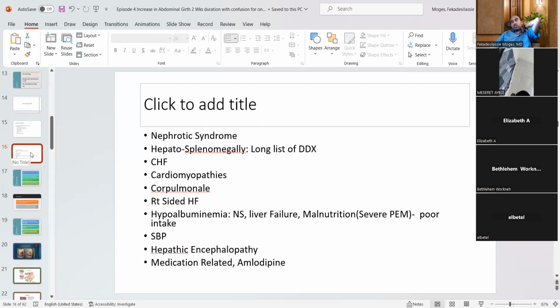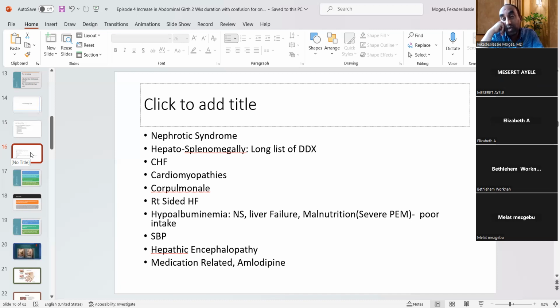What do you want to do next? What do you examine next? Vital signs. Okay, what will happen to the vital signs? What do you expect in the vital signs? He is a non-hypertensive patient, so the BP is